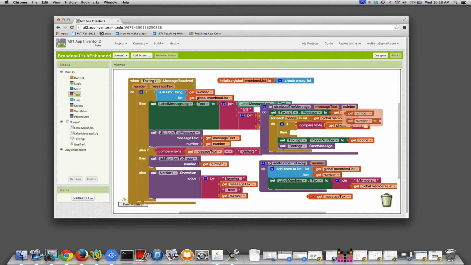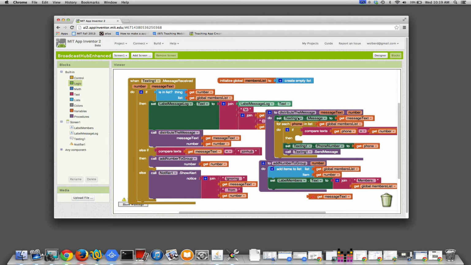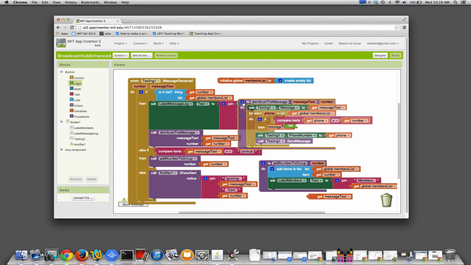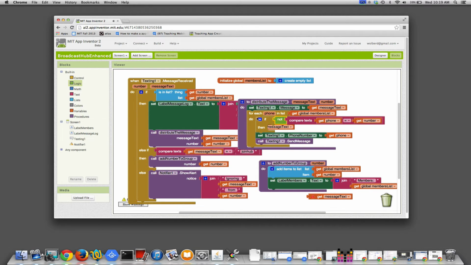the number that sent the message in the first place, and maybe numbers are wrong. Maybe I should call this the sender's number or something. But if the sender's number is the same as the one I'm looking at in the list, then I don't want to send a text. Okay, so I actually can grab one more thing. I'm going to grab a not, right? So if, where'd my not go? Sorry. There he is. So if they're not equal, okay, then I'm going to send the text out to everybody